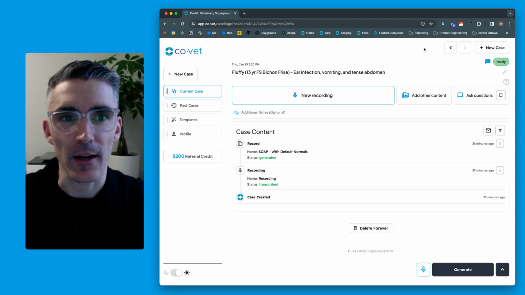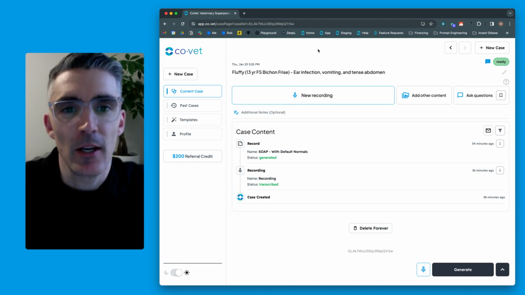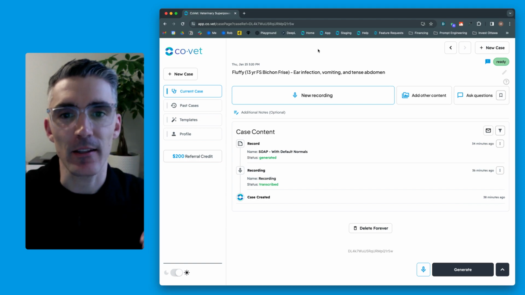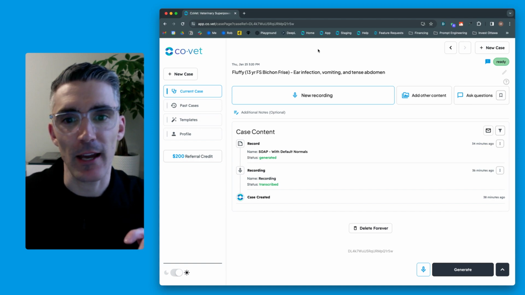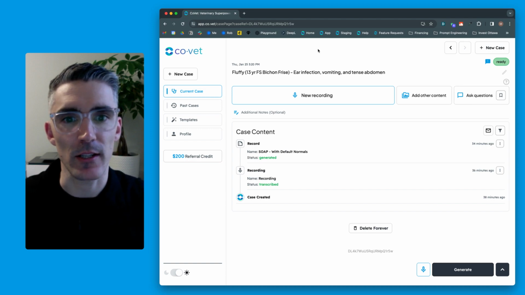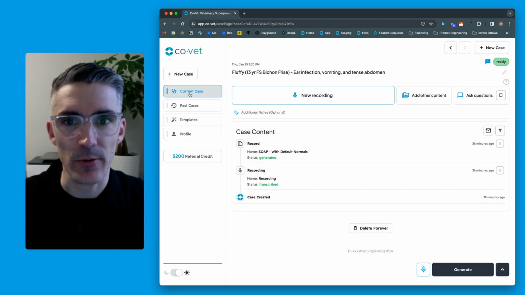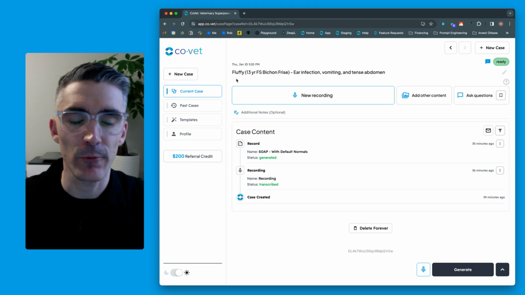Right now we're looking at the desktop or web-based version of the app. The functionality is exactly the same in mobile. However, I have to say when you're doing things like personalization instructions and custom templates, it may be better to do it on desktop. There's just a little bit more room to type. Basically, we're on the current case screen now,